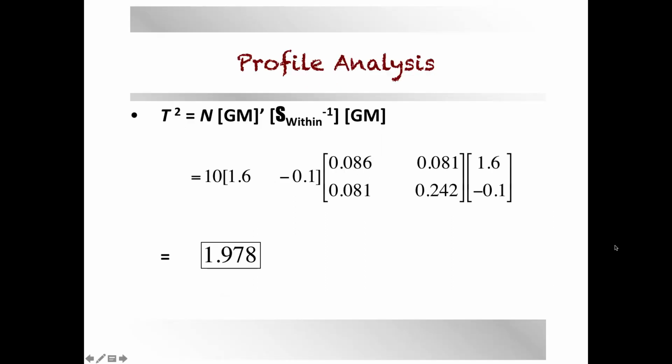And we're multiplying a 2-column by 1-row matrix by a 2 by 2, 2-row, 2-column matrix, and then multiplying that by a 2-row by 1-column matrix, and we have the 10 out in front. You can't forget about that. So if you're curious about the details of multiplying these matrices together, what happens is basically you're going to take